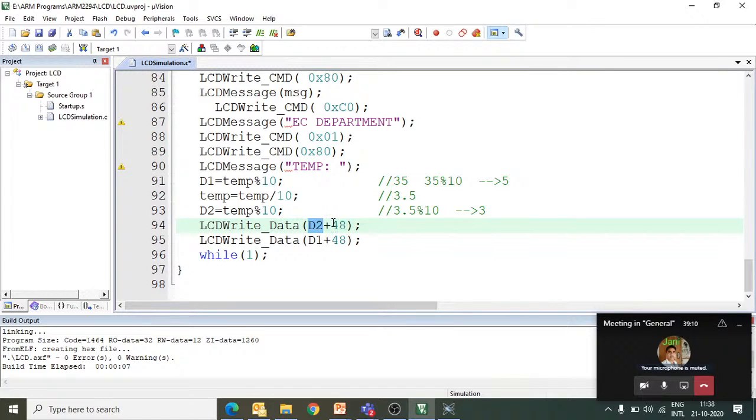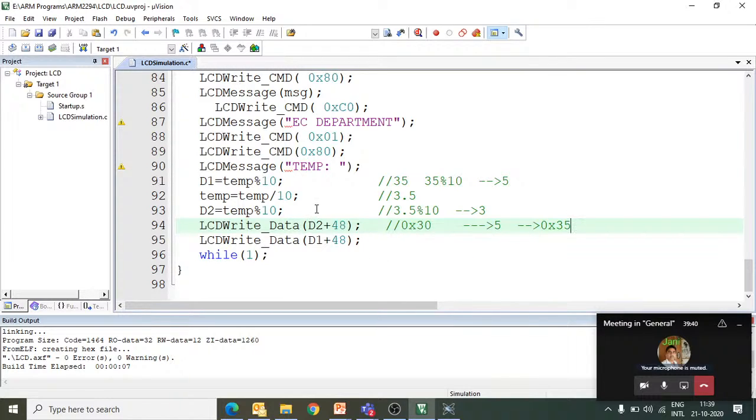But before sending, we are adding 48 because we want to send the ASCII equivalent of the data. So we add 48 to this number. If you want to add in hexadecimal, then you have to add 0x30, right? So the 5 will become 0x35 in ASCII, and 3 will become 0x33 in ASCII code.